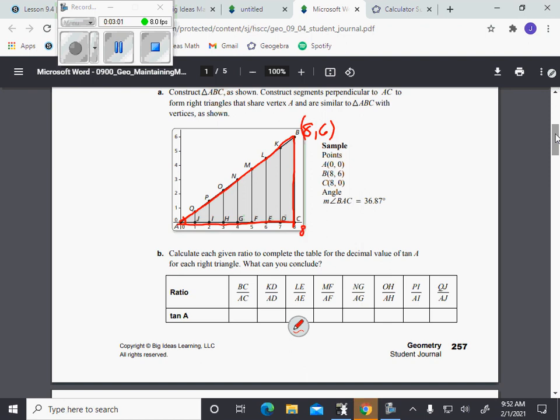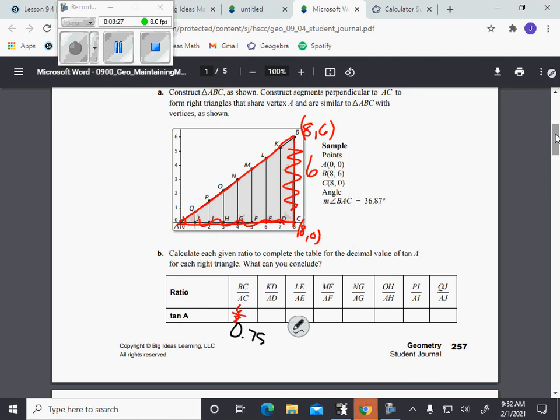C is at (8, 0). So what's the length of this leg here? It's 6. So we know that the tangent of A, BC over AC, is going to be 6 over, what's our length here? 8. 6 over 8, or 0.75. And it says decimal, so